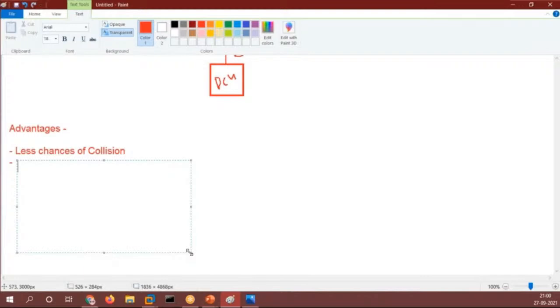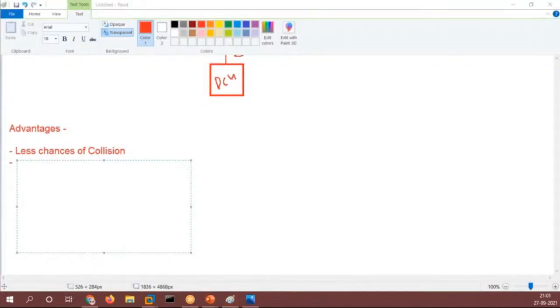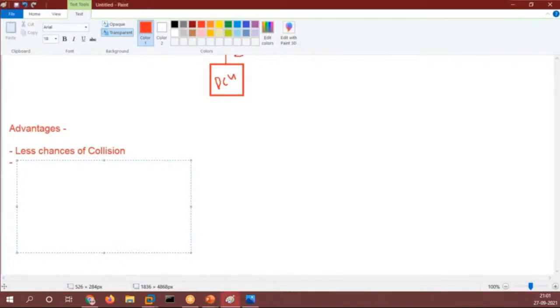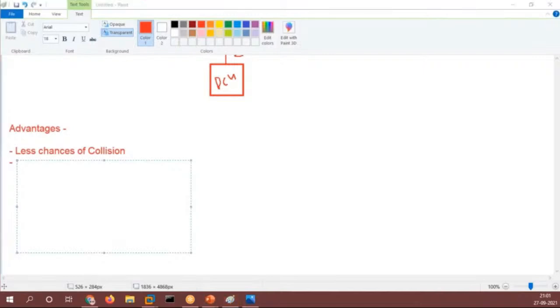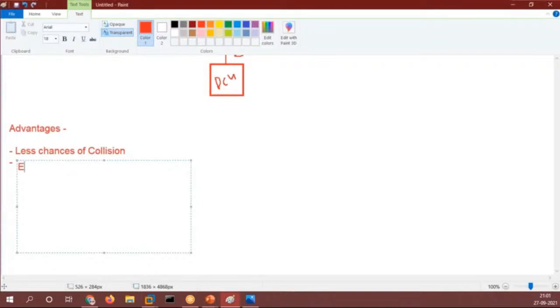If I want to add one more device in this topology, is it easy to add one more device, or is it very difficult to do that? Yes, correct. So it is easy to manage.